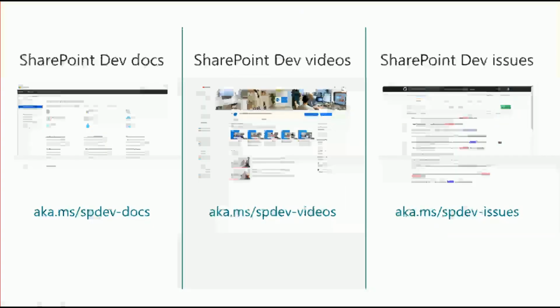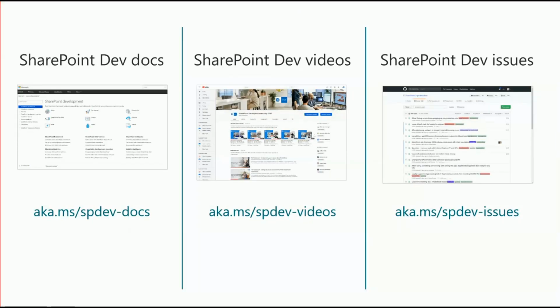Now, a few reminders on the assets. aka.ms/spdev-docs, our documentation for SharePoint development, on-premises development API documentation, SharePoint Framework documentation, obviously with more bets and more investments on SharePoint Framework as that's the future. SharePoint Dev Videos, aka.ms/spdev-videos channel, aka.ms/spdev-issues is the location also to report any issues